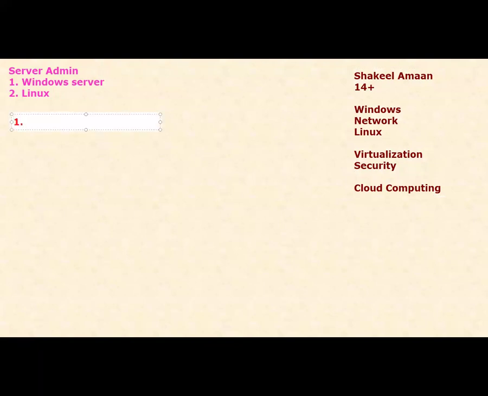First of all, let's say you want to become a server administrator. This is the place where you need to start learning everything about servers. Suppose you want to go into security. Security can be, let's say, cyber security or firewall security, ethical hacking, anything. You should learn this.